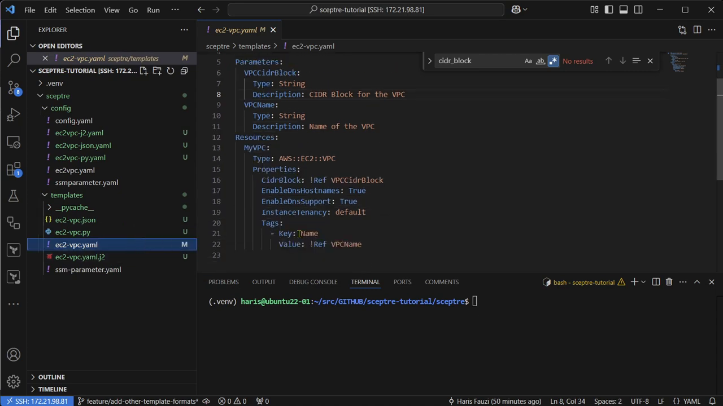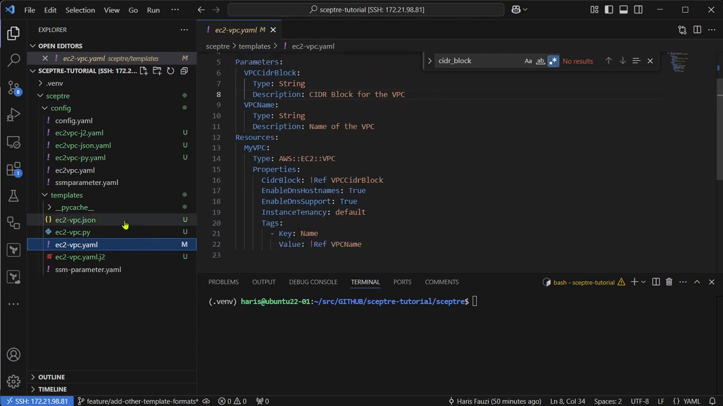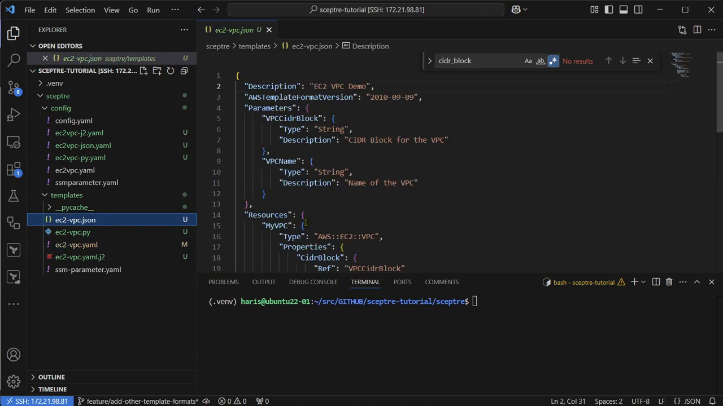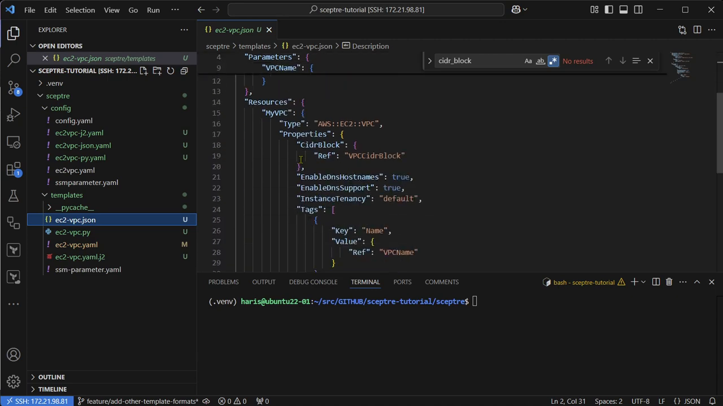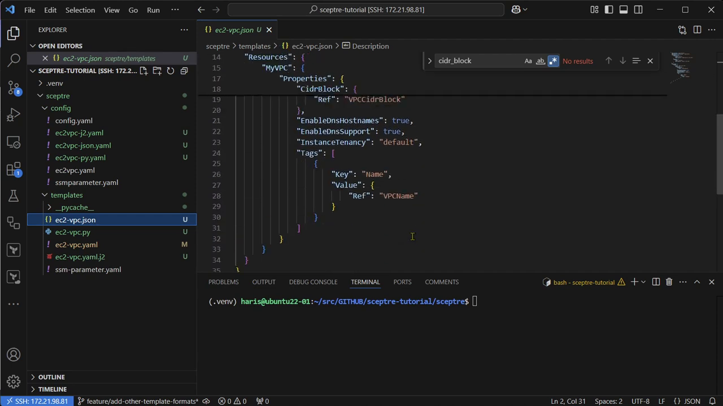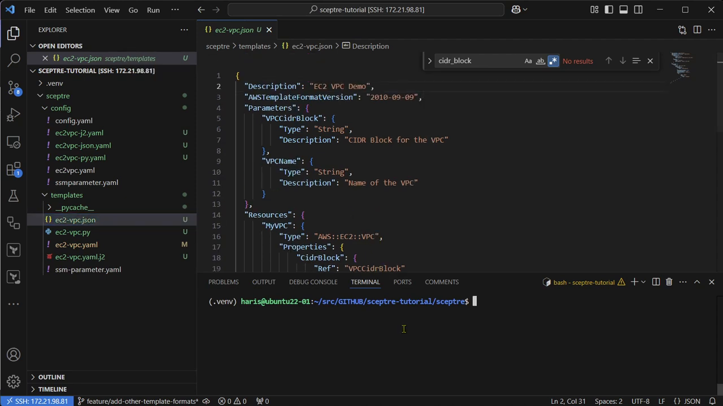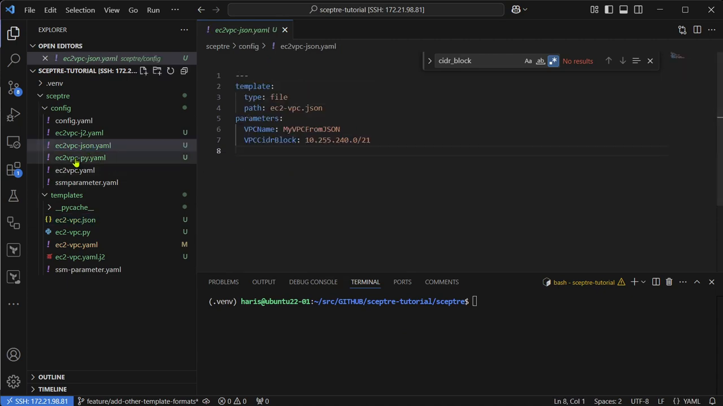So this is the template from the previous tutorial. It was written in YAML, and I have converted that template to the JSON format in this file called ec2-vpc.json. It has exactly the same parameters, same VPC using the values from those parameters. It will use the values from those parameters to define the name tag and also the CIDR block. And then in order to deploy this, I have written another config in this file called ec2vpc-json.yaml, which points to that template file in the JSON format,